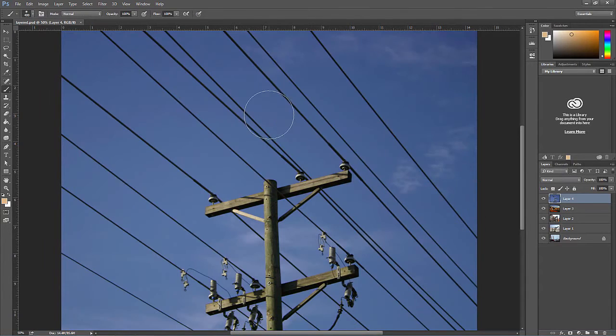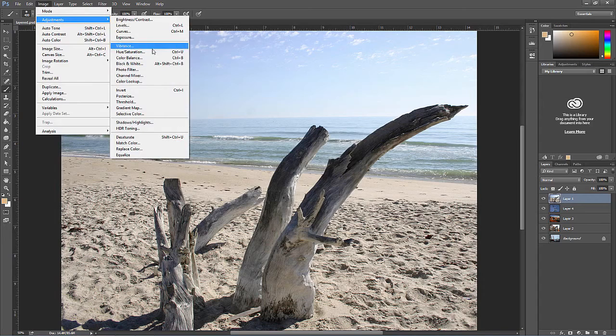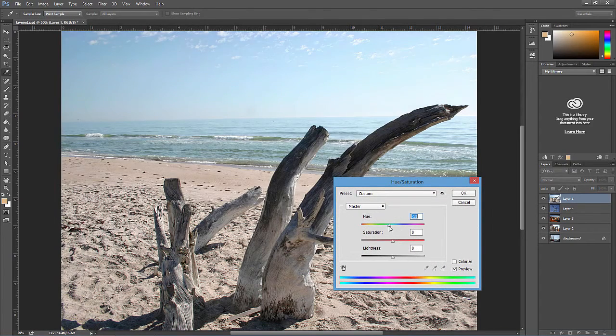However, another way to apply these adjustments is to create an adjustment layer. The benefit in using an adjustment layer is that we can change the settings of the effect even after we apply it. And we can also remove the effect or adjust how strong the effect is by changing its opacity after the fact. I'll show you what I mean. Open layered.psd again and click and drag the beach layer to the top. If I go to Image, Adjustments, Hue Saturation, and adjust the saturation and hue of the layer,